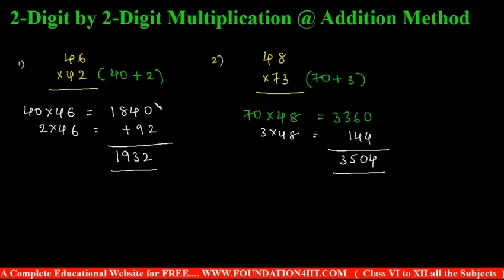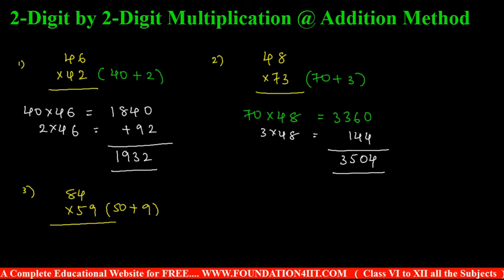So this is the method we can follow for any two-digit by two-digit multiplication. Let us have one more. For example, 84 is multiplied with 59. Here 59 is 50 plus 9. 59 is near to 60, which we'll discuss in the subtraction method. Just we will see directly how to do it.